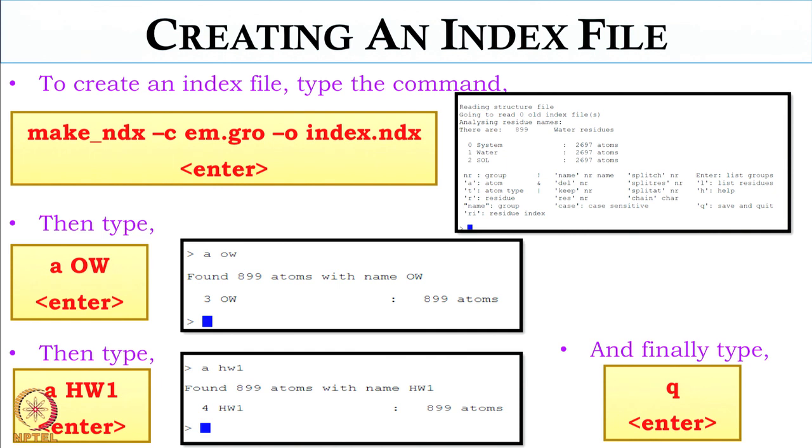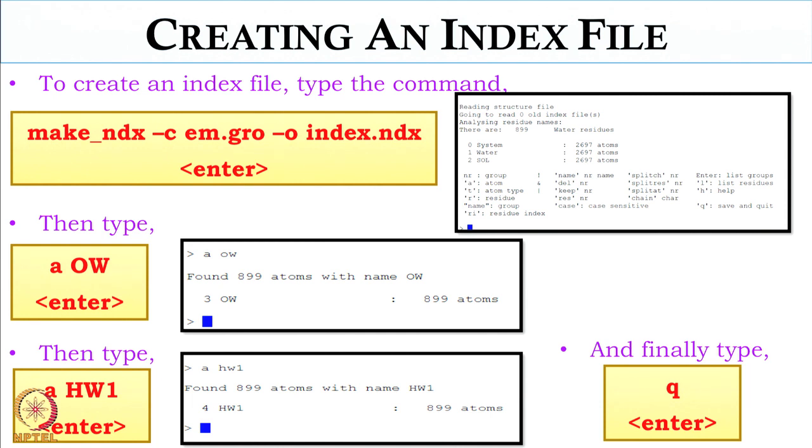See, 0 is the system, 1 is water, 2 is sol, which is the solvent. So the third index will come as the oxygen of water. This will come as 3 OW, then 899 atoms. So after 0, 1, 2 you will have 3 as OW, then you will have 4 as HW1. Then if you want to create another index group for HW2 you will have 5 HW2.